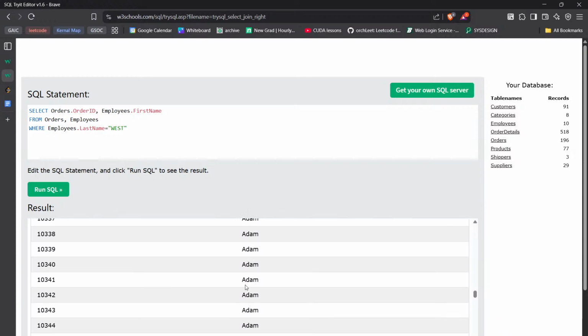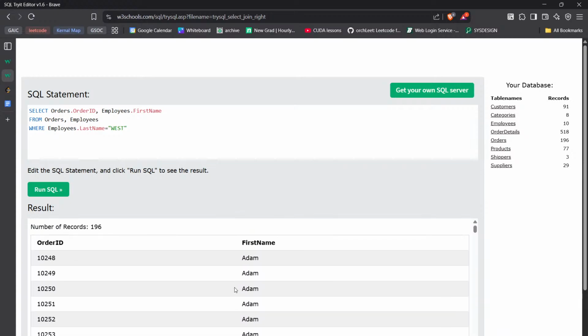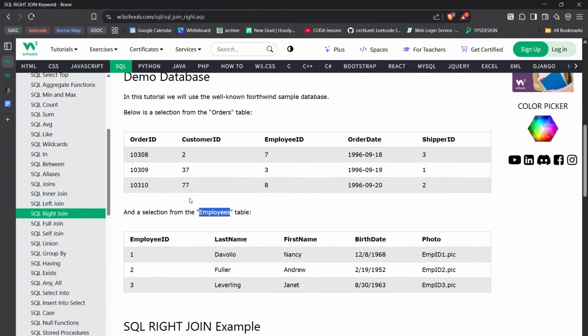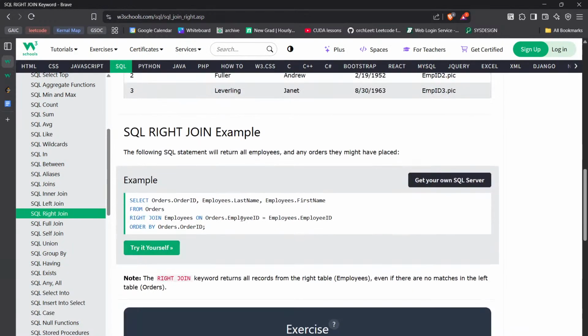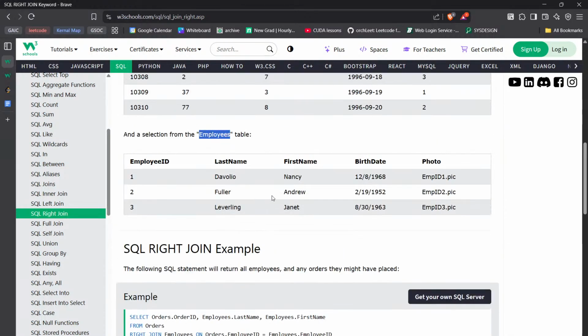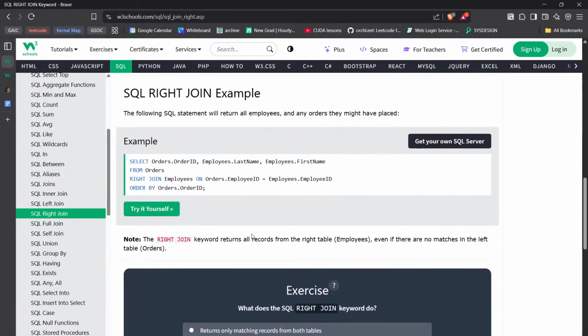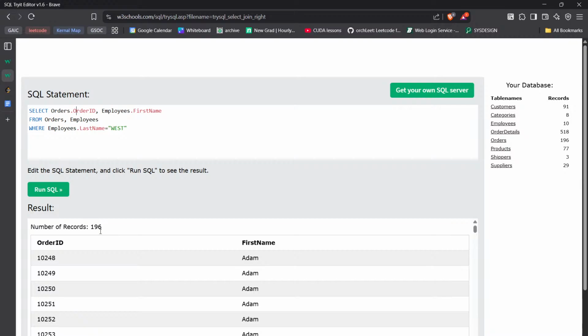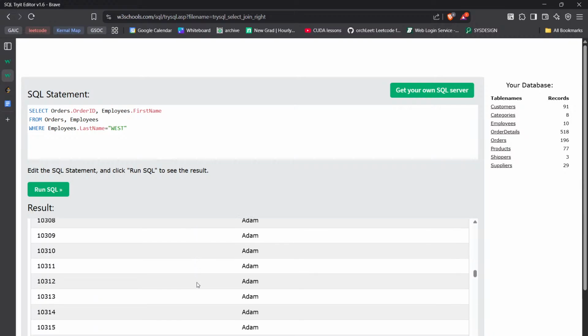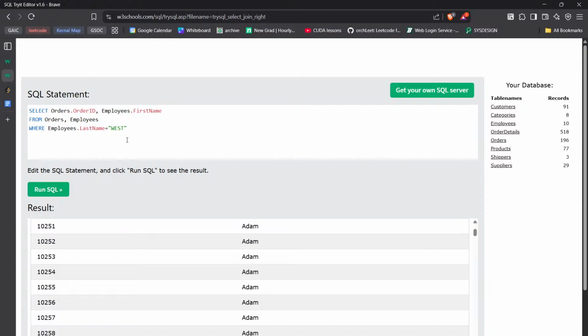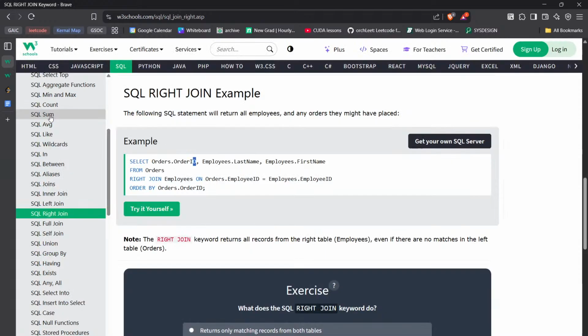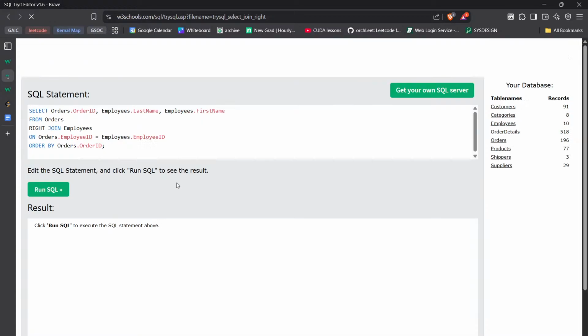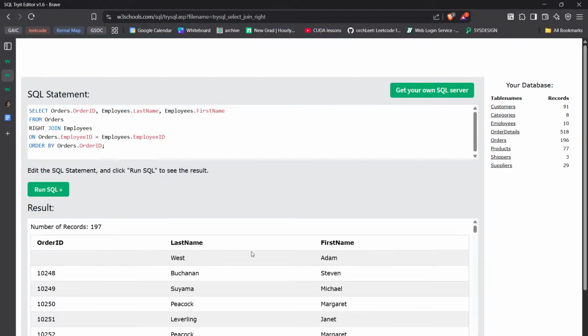Adam West has a lot of order IDs, but what was happening here? We are just trying to see the order ID, but they have order IDs. I'll copy this. This is not what I wanted to do. I wanted to see Adam West's